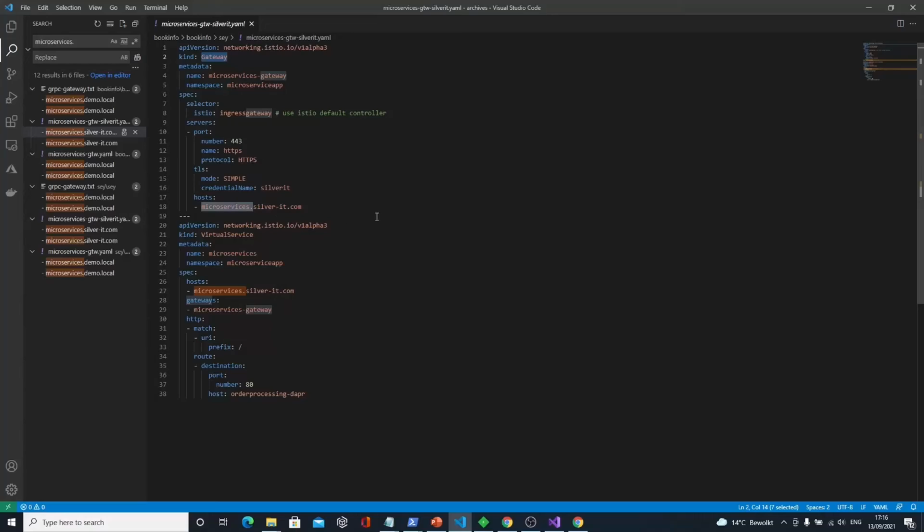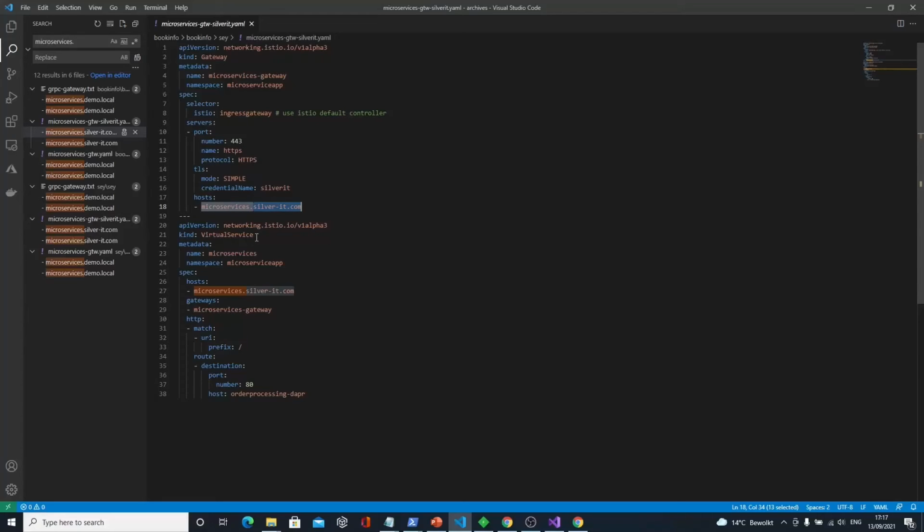And the host, of course, the incoming host name from the consumer. Of course, I'm the owner of this domain, so I recorded a DNS entry to make sure that calls to this host are redirected to my Istio ingress controller.